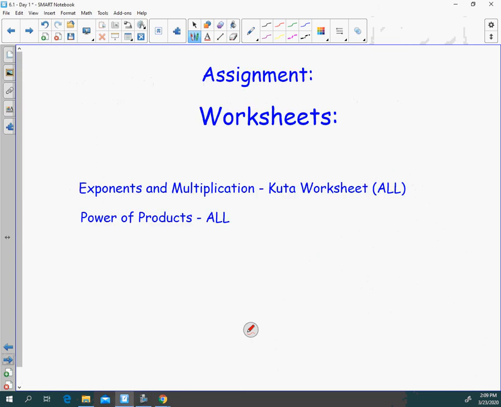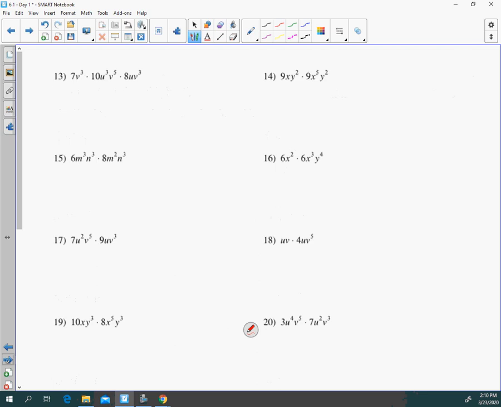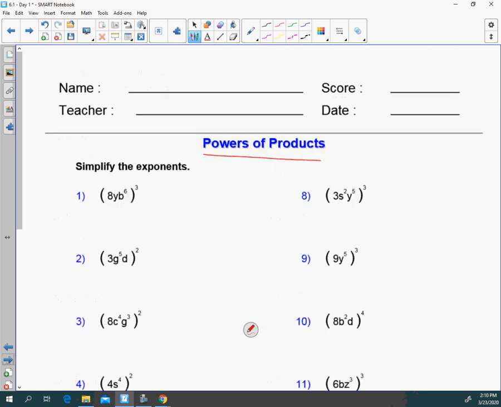There's 2 worksheets. There's one really easy one like this. Guess what? 4 to the 4th. Guess what? 4 to the 3rd. Guess what? 2 to the 1 plus 2 plus 2 is 2 to the 5th, right? So those ones will go super easy. If you want to skip to this power of the products, that one's a little bit more tricky, right? Just because it's got more problems, but it's 3 to the 3rd. S squared to the 3rd is S to the 6th, and Y to the 15th. How do they get those? I'm multiplying, right? So do as many of those as you can